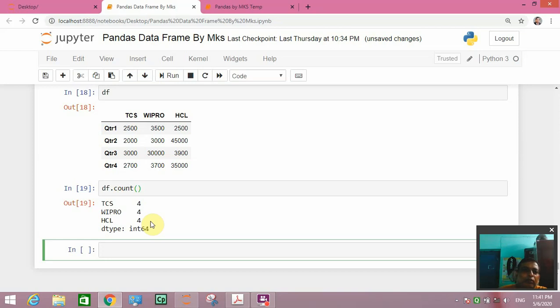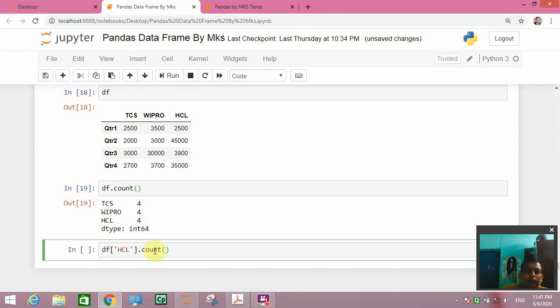Suppose we want to count only one column, then how will we write? The same way, df single quote HCL dot count.